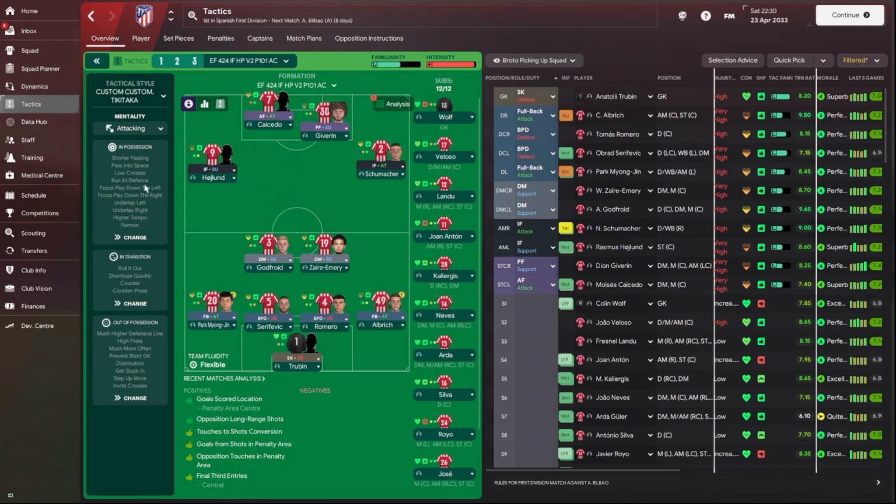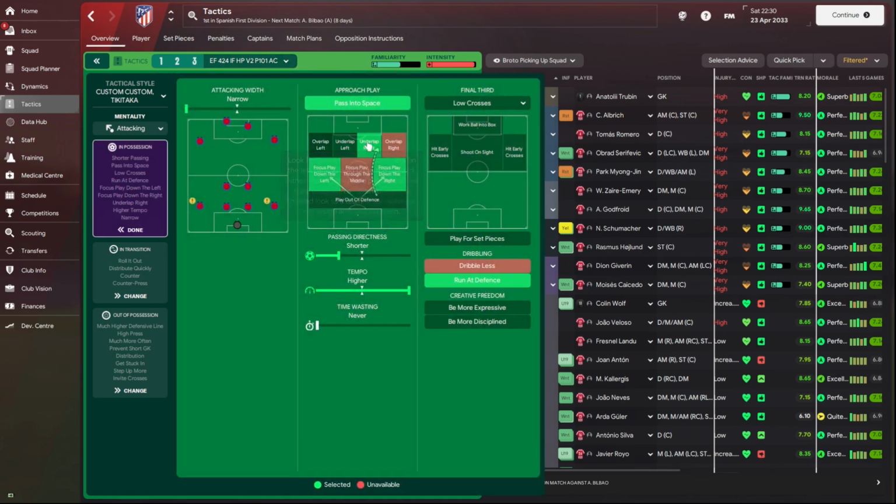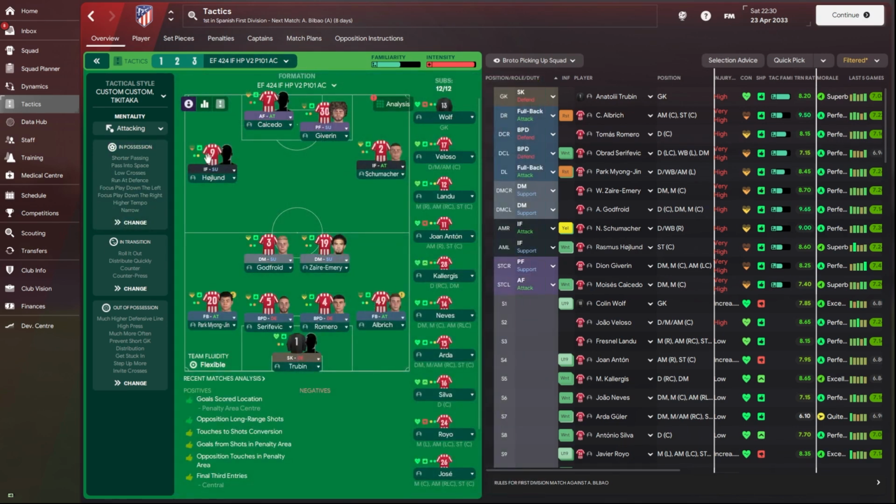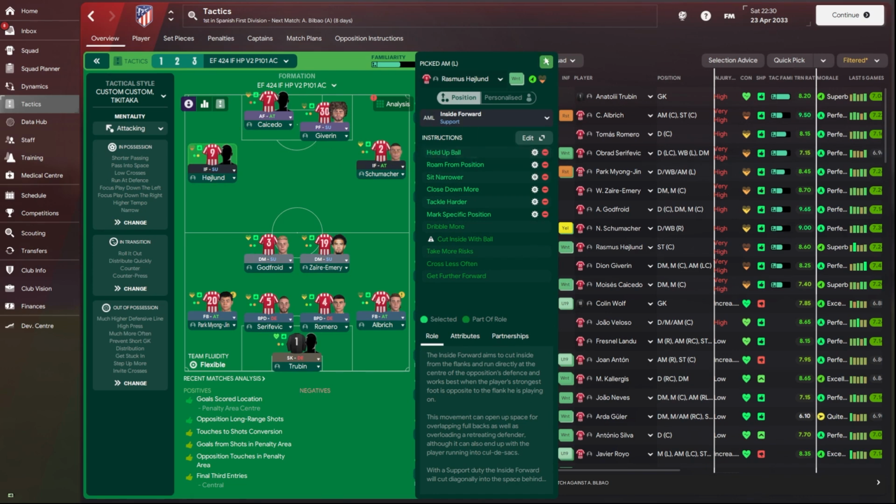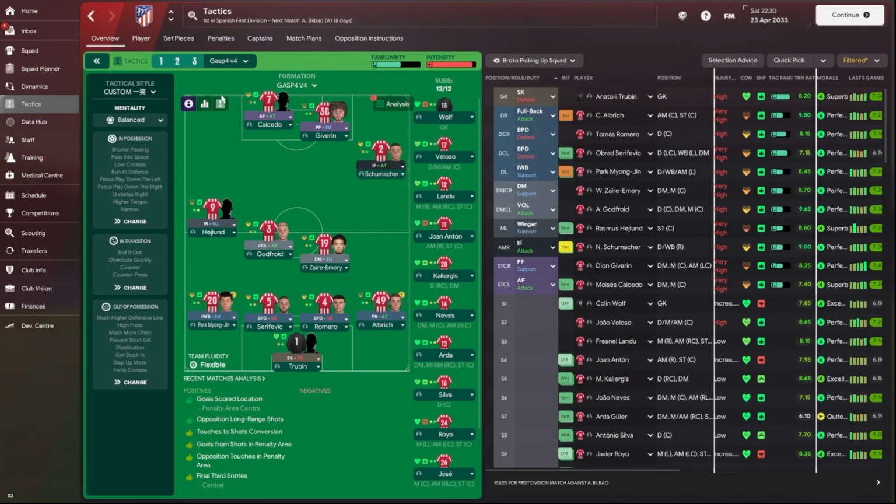This actually works well. By default, the instruction for look for the underlap isn't really selected, but if you look at the inside forward here, hold up the ball is actually selected for him, and then the fullback that is playing behind him has the cut inside instruction selected, cut inside with the ball, which means that the underlap is naturally happening. We see a similar pattern here with the gaps version 4 tactic, and this one there is also